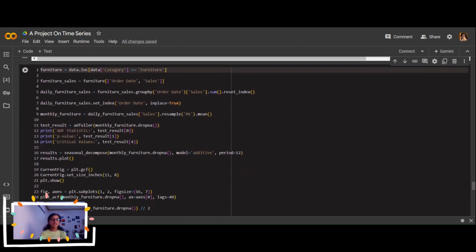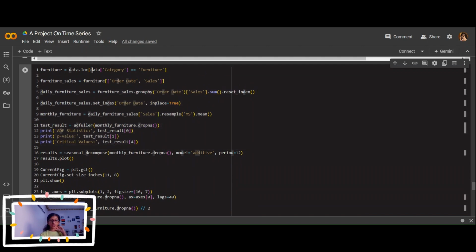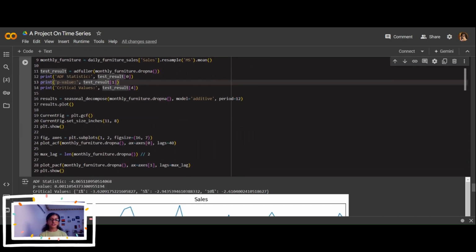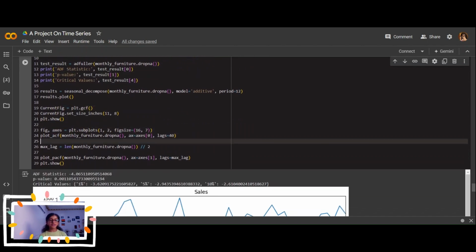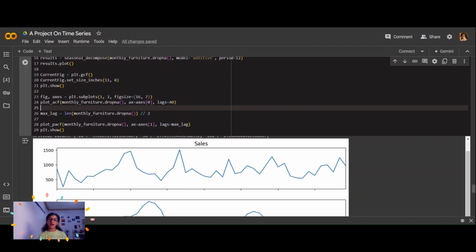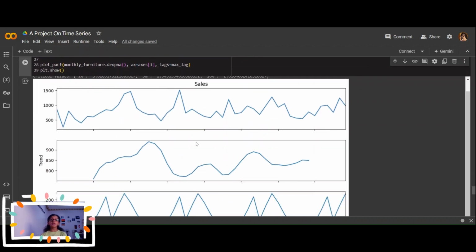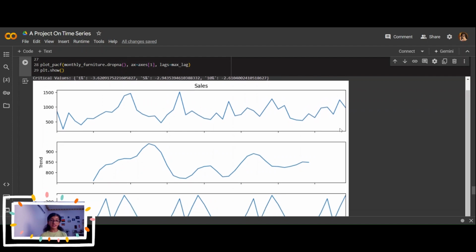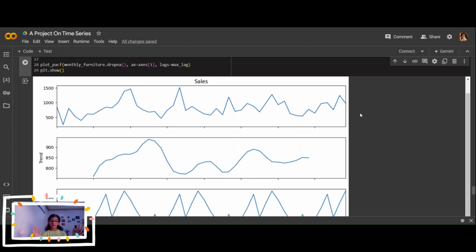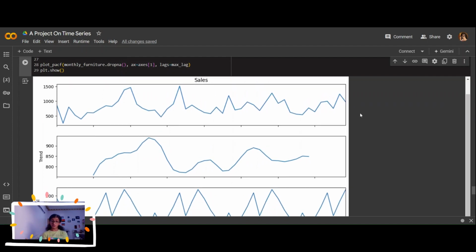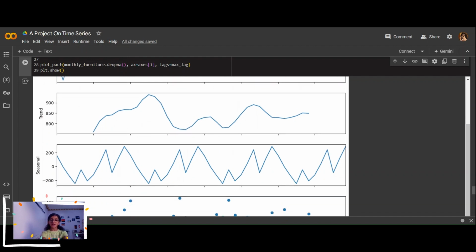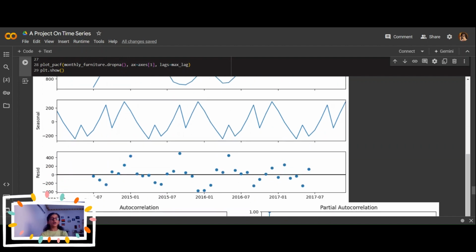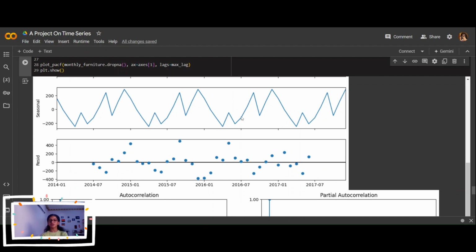We're going to do the same thing with furniture, the statistics, the result, the ACF, the sales, and as you can see, we're going to do the additive technology. So this is our sales. This is the main graph. This is our trend removed from the sales. This is our seasonality extracted, and all of the extra things, which is residual, will fall into the last compartment.